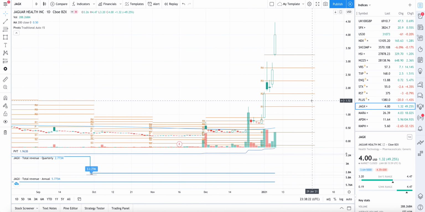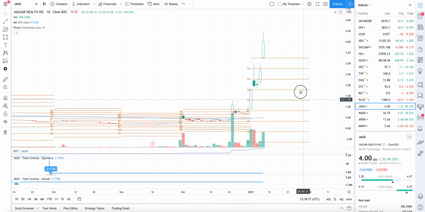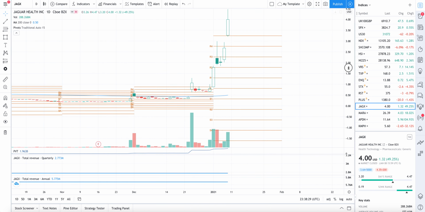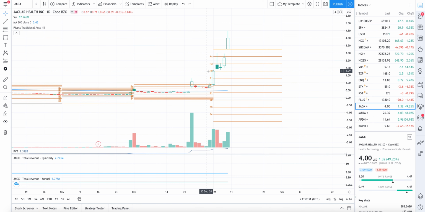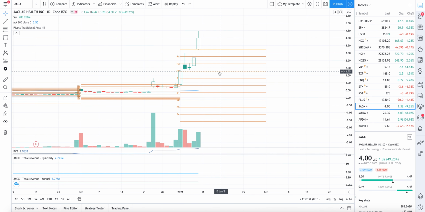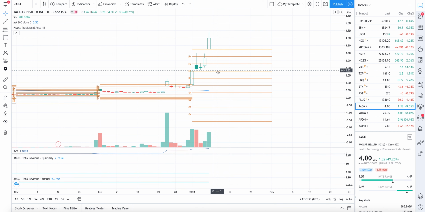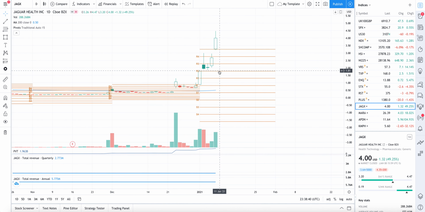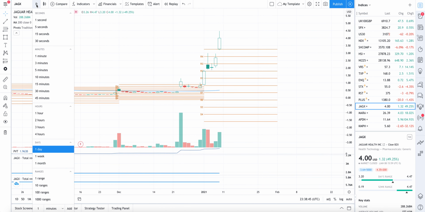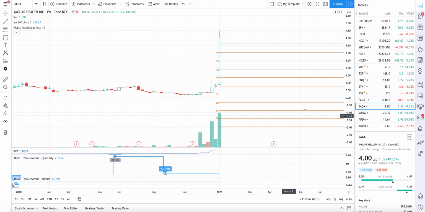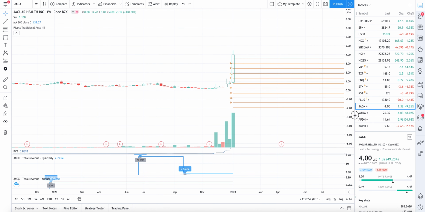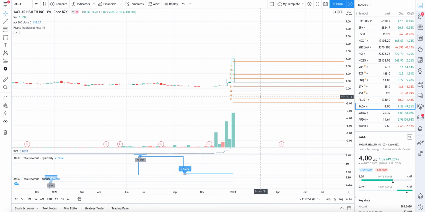So first, Jaguar Health, as a daily chart. Well, from the beginning of the week, it's really been blasting up there past the monthly R2 pivot, and typically when we break through the R2 pivot, you can expect the price to continue the momentum up, which it has done. But then I'll switch over to the weekly view. Well, it's taken out pretty much all the pivots, and